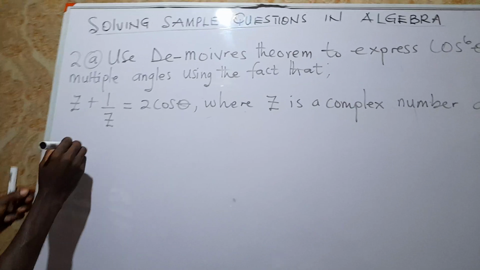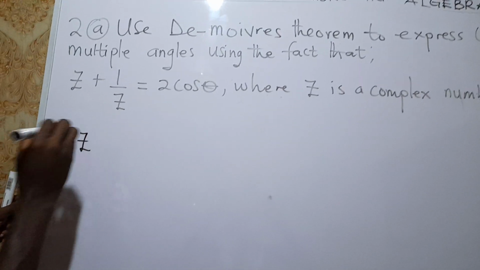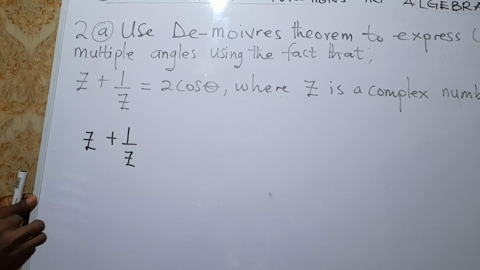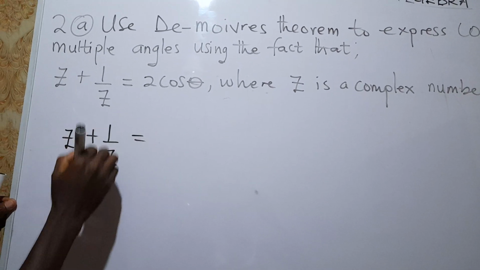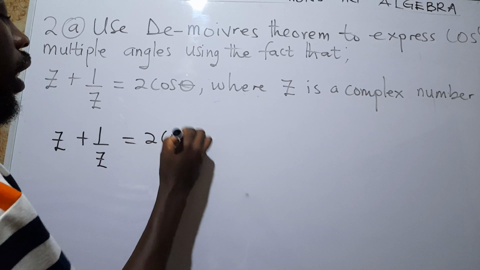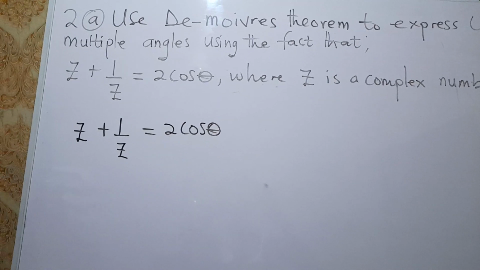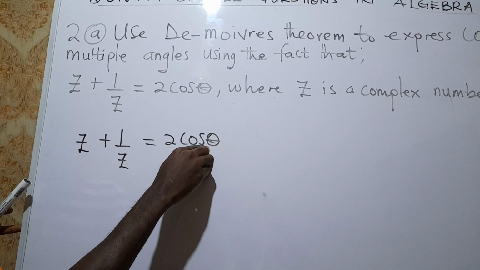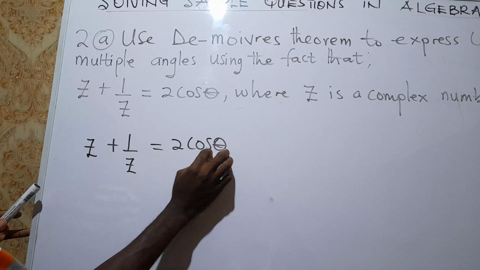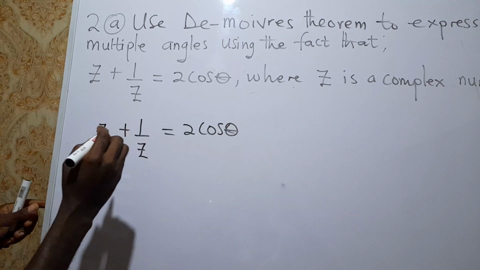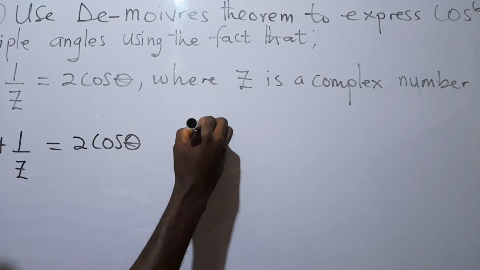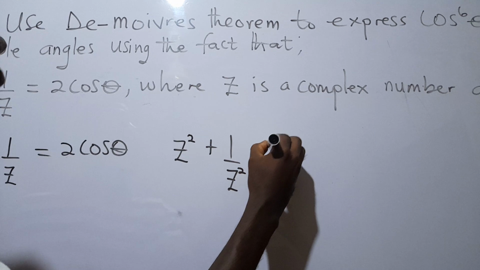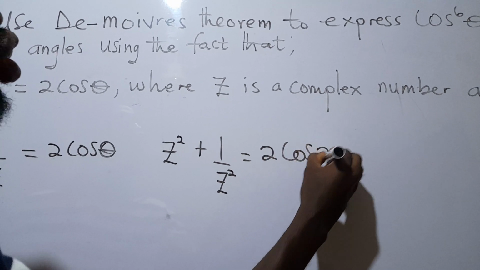Now let's establish some facts. If this is complex numbers and we are applying De Moivre's theorem, if we have z plus 1 over z equal to 2 cos theta, we know that the exponent here is 1 and the exponent here is 1 as well. That's how come 1 is multiplying the theta. So 1 times theta is still theta. Now, if we have z squared plus 1 over z squared, it will be equal to 2 cos 2 theta